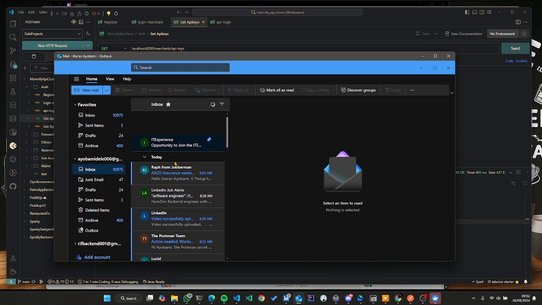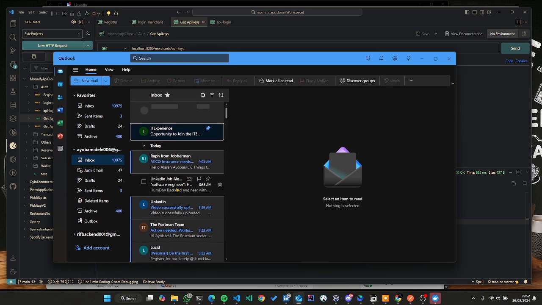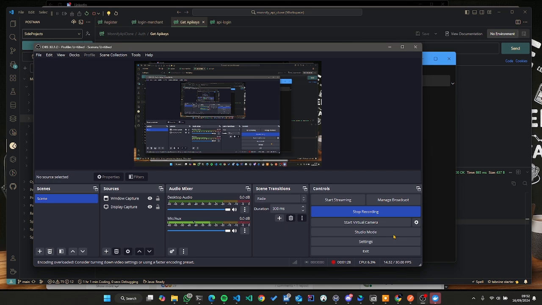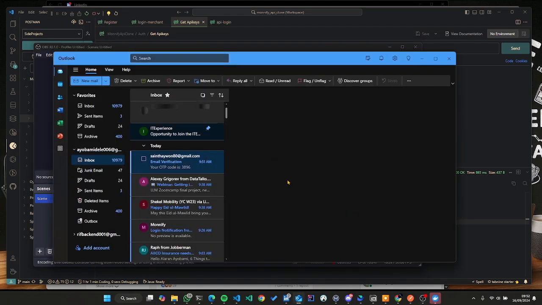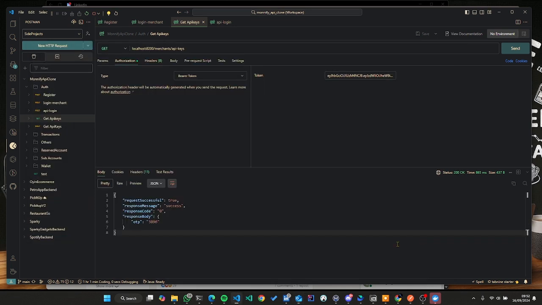All right, so here it is. This is the access token that we received. Your OTP code is 3896. So just with what we have here, 3896. Yeah, so we have that. So we can now send this